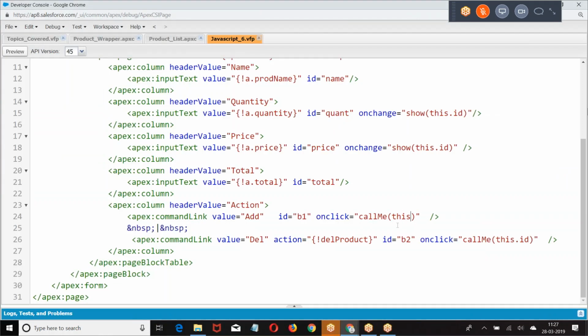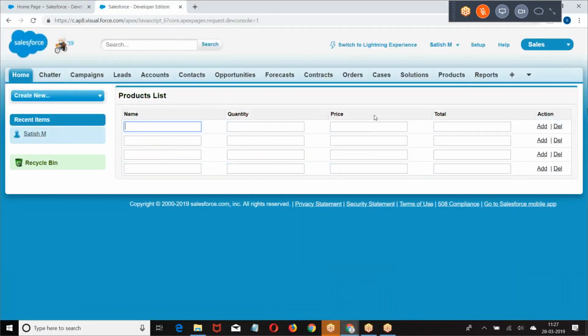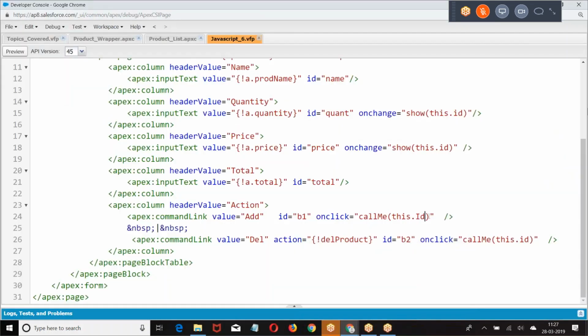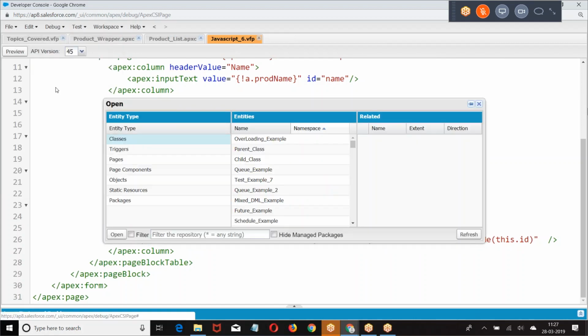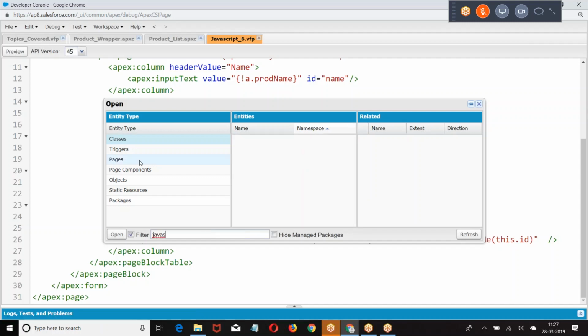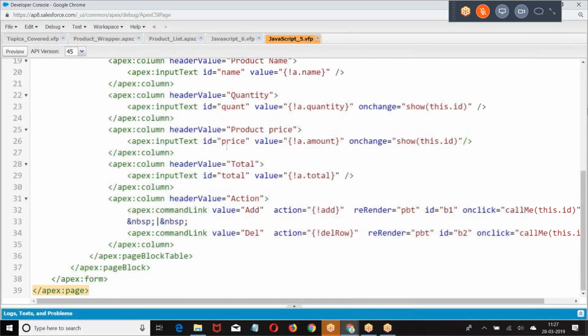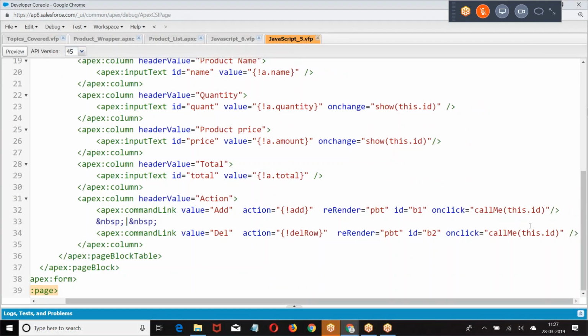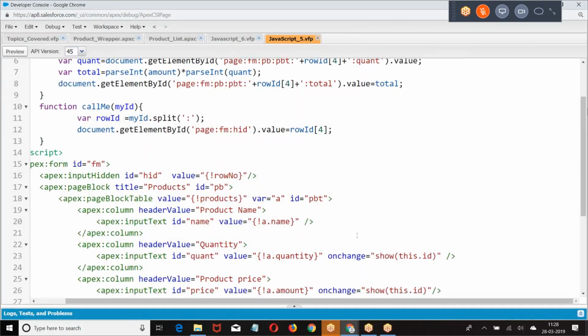For some reason we are not getting it. Let me cross check the code. This dot ID.